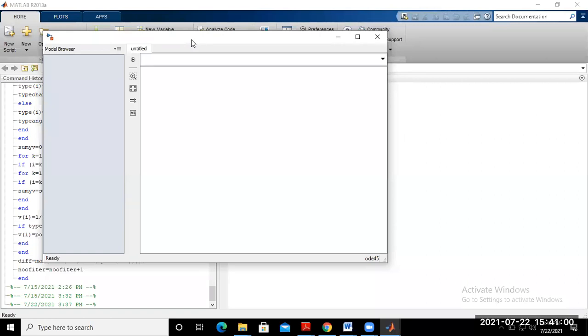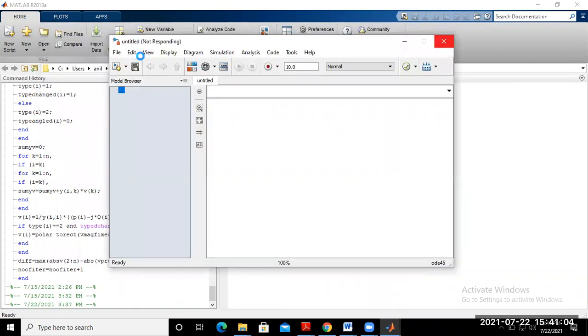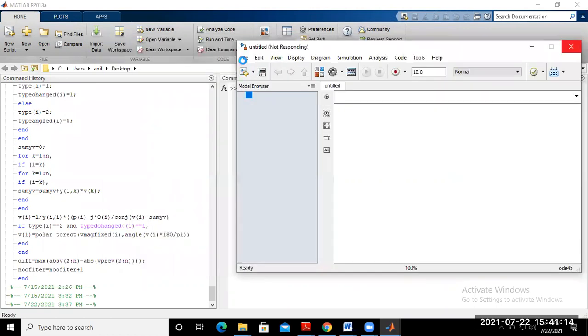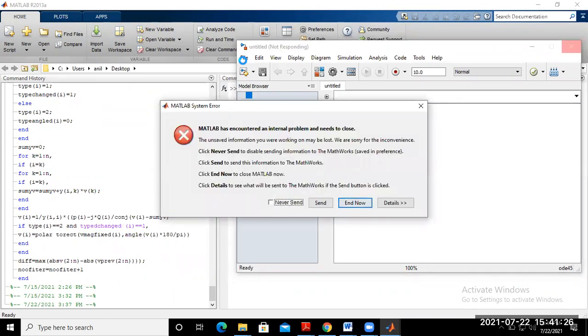Now you may save it with some name. Now if you want to save this model, we want to save this model with some particular name.